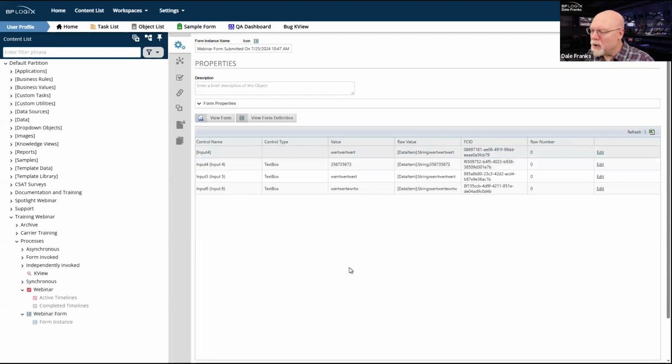Q&A. What happens if the 2 days duration has been reached and the supervisor has not approved? Would it still move forward to the next step without the supervisor's approval? No, it will not. It's going to stay in that activity until the activity is done. Now, you can force it. You can do notifications or escalations, or you can cancel the activity and move to another activity. There's things you can do, but by default, if it reaches 2 days, it's just overdue. It's still assigned to the original user, and that user has to complete that task.